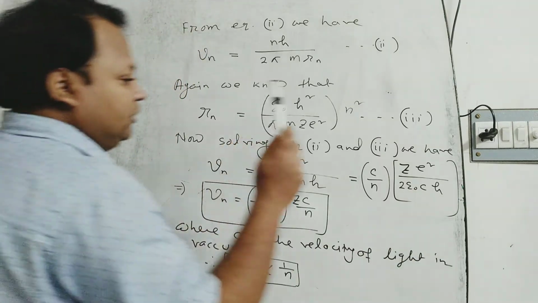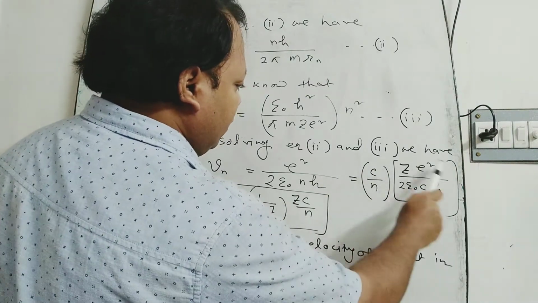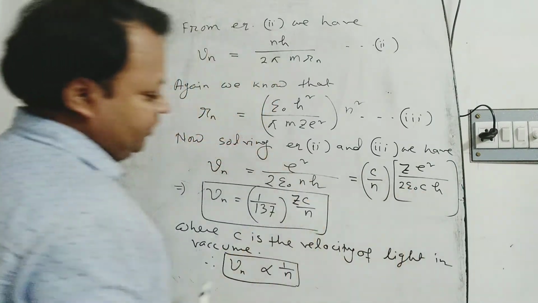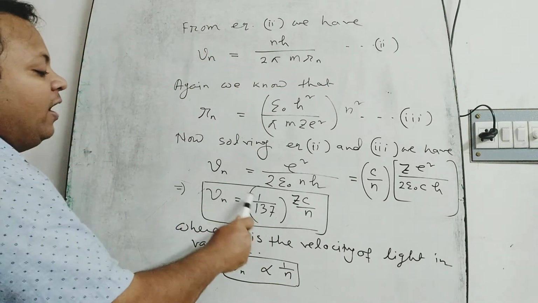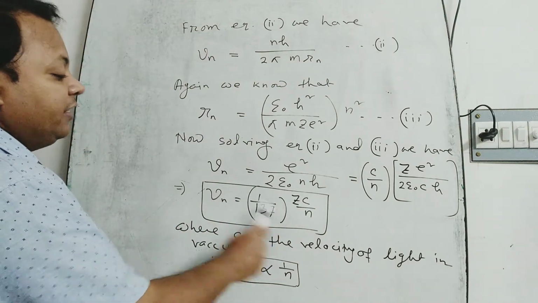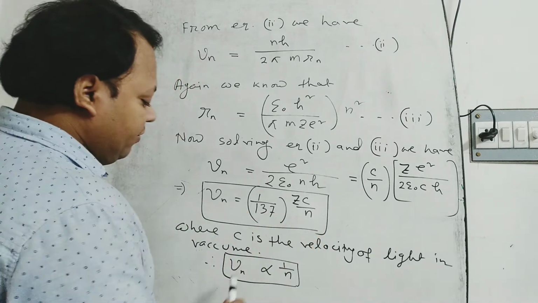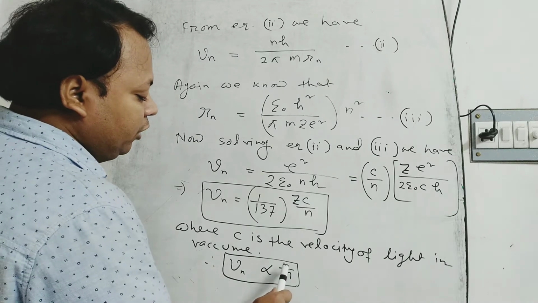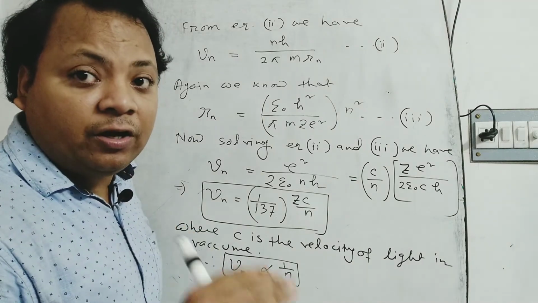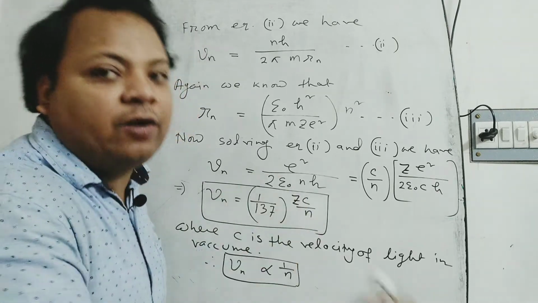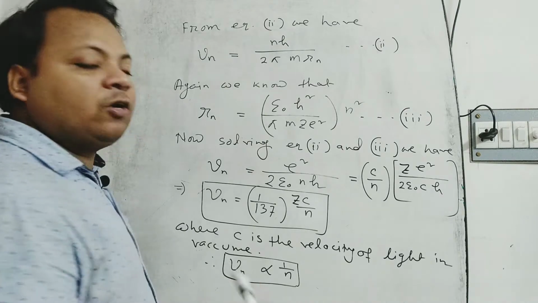Now e, epsilon, and h are all constants. Putting these values, we have Vn equal to 1 by 137 into Zc by n. That is, Vn is directly proportional to 1 by n, that is, the velocity of the orbital electron in the nth orbit is inversely proportional to the principal quantum number,